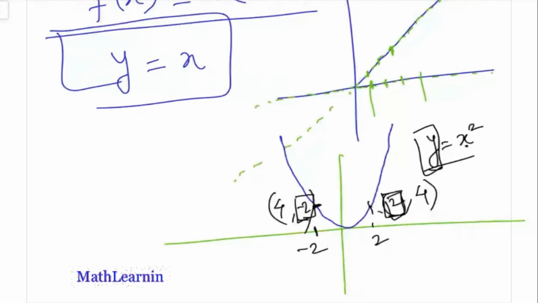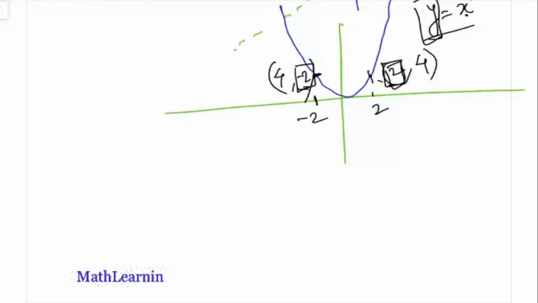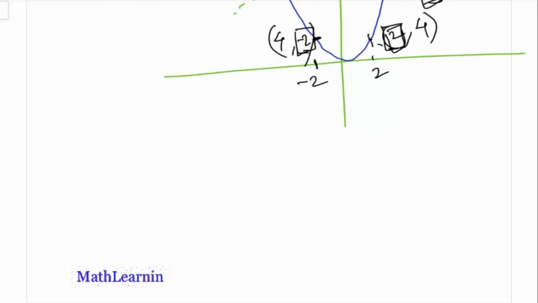So after the one-one function, are you clear with the definition of a one-one function? What exactly does one-one mean? Yes, sir. So we can go ahead, and since there are plenty of examples, I have taken just the one which everybody knows. Parabola is known to everyone. The graph of a parabola is known to everyone. That's why I have taken the example of a parabola. There are many examples.